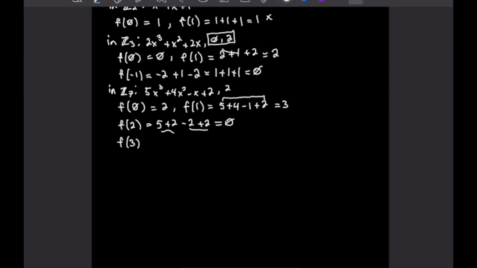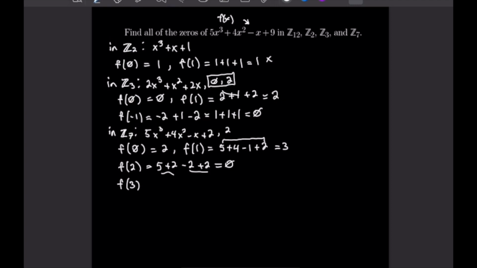So f of 3 is going to be 5 times 27. And let's see, that's going to be 5 times 20 plus 5 times 7, so that will give us 135. And 49 plus 49 is 98. And 7 times 5 is 35, so this will be 2. So that's what we'll get for our first term. For our second term, we'll have 4 times 7 squared, which is 49, which is the same as 98 times 2, which is the same as